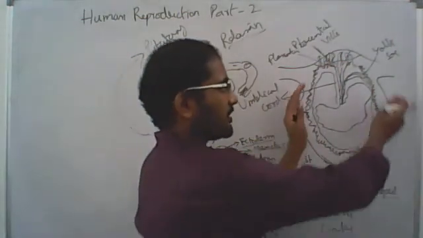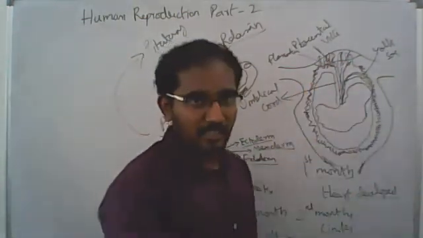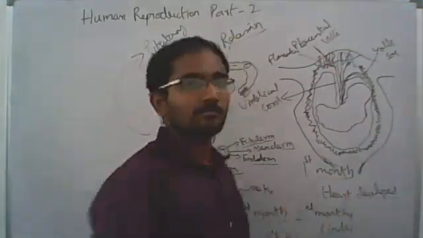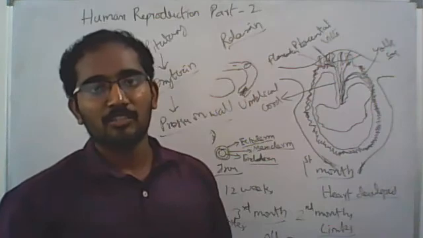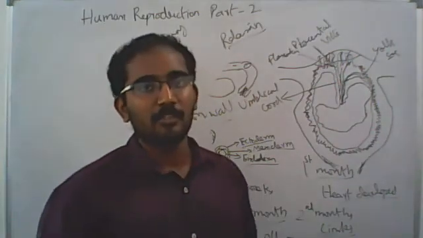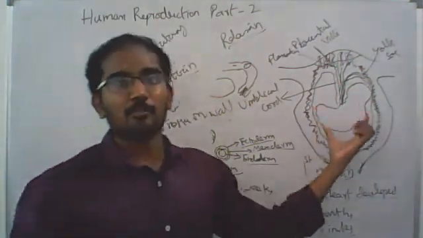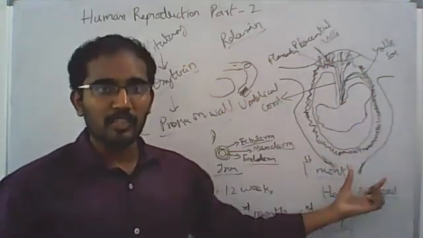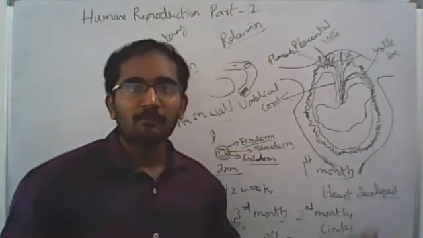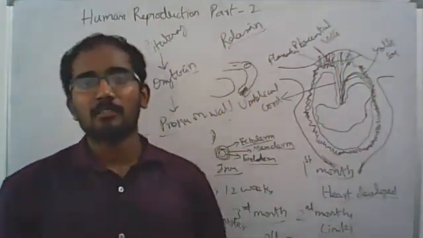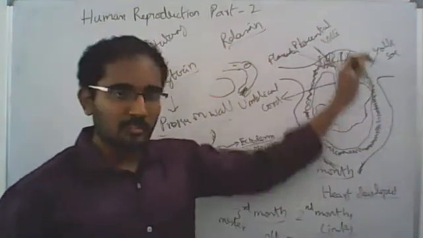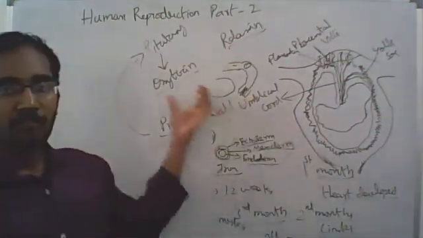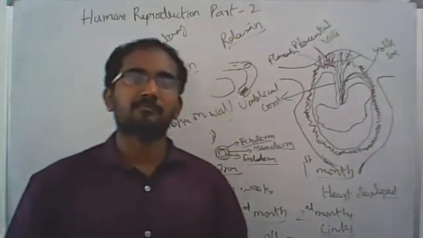So in that situation, it's going to contract around the fetus so that the only way for the fetus is to be released through the vaginal path. So the only option is parturition. At that time, the fetus is almost developed, its limbs are developed, so it tries to move through the uterus. The only way is the vaginal path. Now it is going to be released from the mother's body. So this process is called parturition, and it is mainly done by the hormone oxytocin.